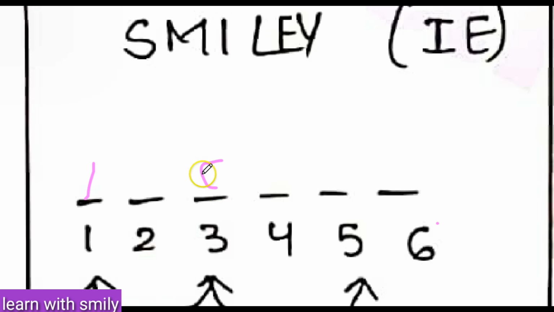We can't consider it as a block, right? Because we have to arrange them separately. They haven't told us to keep them always together or anything like that. They just said the vowels should be in odd places, so they might be in 1, 3 or 5. In the first position we can write either I or E, and similarly in 3 and in 5 also we can write either I or E, right? So in 3 positions there are two letters that we can write.